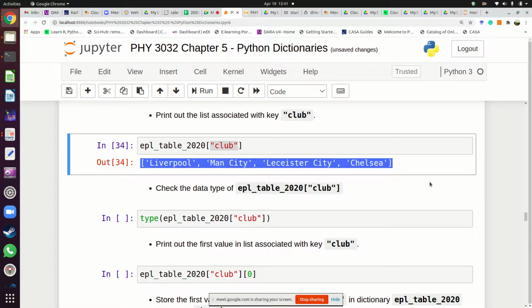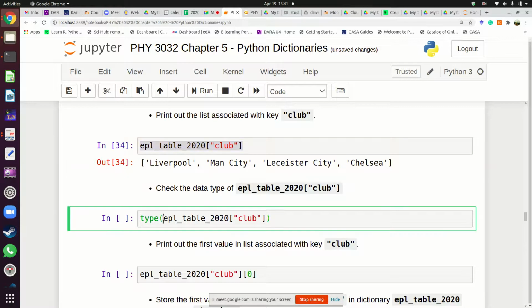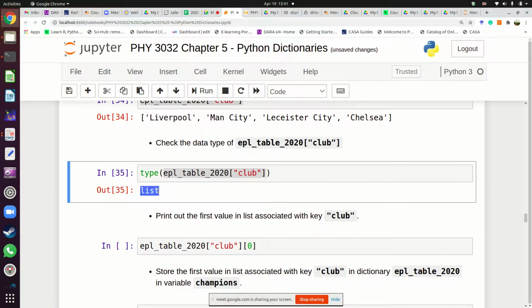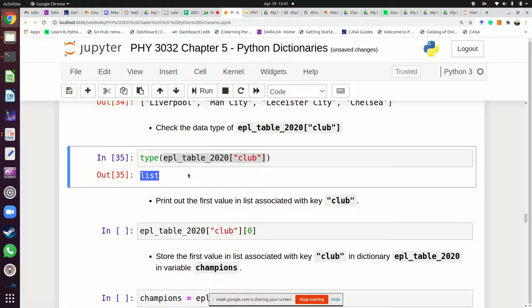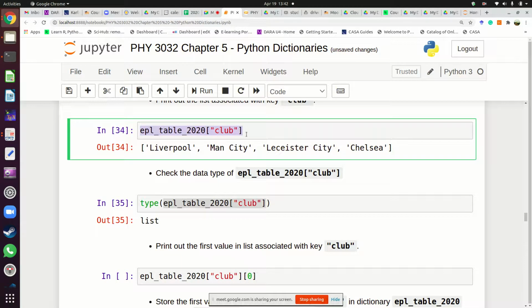This thing which I've got is a list. If I give this thing here to the type function in Python, the type function will tell me what I have. It will tell me I have a list. Okay? So since I have a list, you can do the things you do with a list, because lists have items arranged according to position. So now I have a list from a dictionary, then I can access the first item